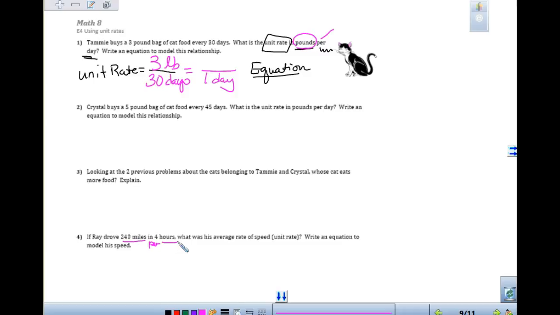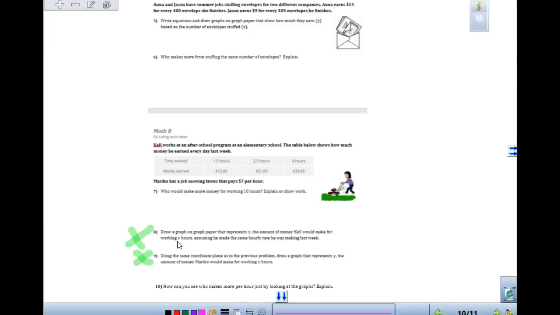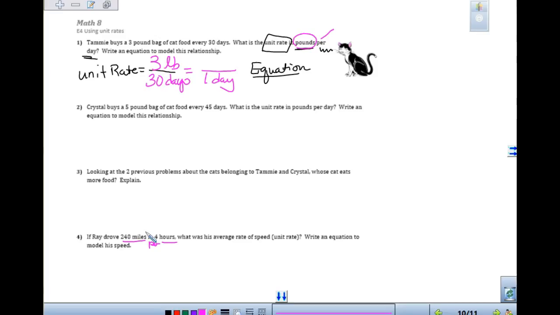Okay? I'm going to hand out a piece of graph paper because when you get to question number 8, they ask you to do this on graph paper. So I'm going to hand out that graph paper. I'm going to have you get started on your homework, and if you have questions, I'll try and